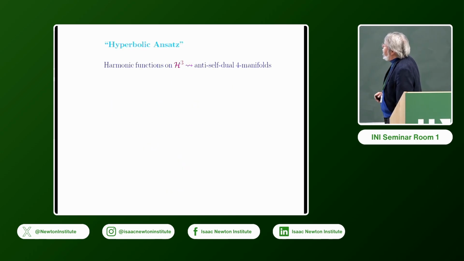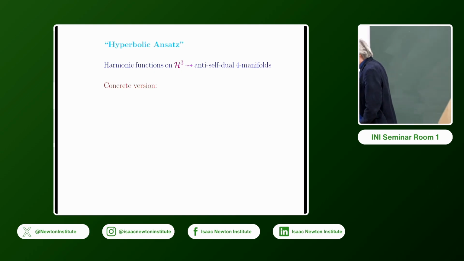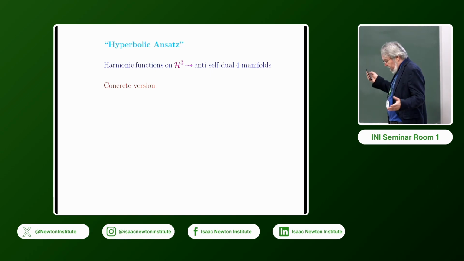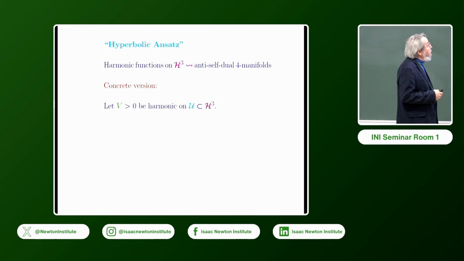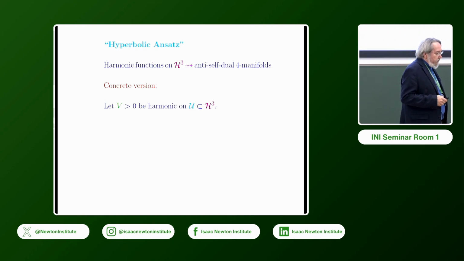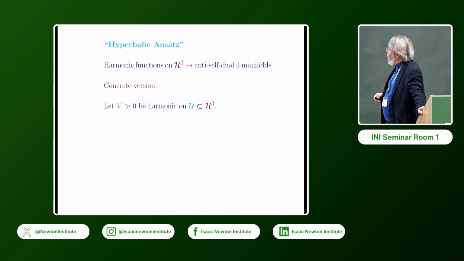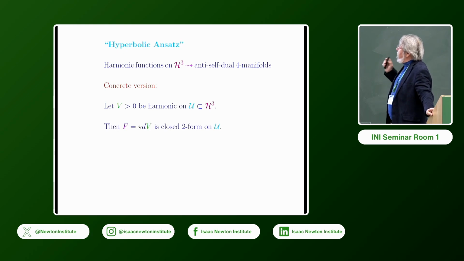Okay, so this hyperbolic ansatz I said before takes harmonic functions on regions of hyperbolic 3-space and produces anti-self-dual 4-manifolds. They might not be complete or anything, but here's a very concrete way of describing how this goes. If you have a region, I'll no longer assume that it's convex. If you have a region, an open set U in hyperbolic 3-space, and a positive harmonic function V on it,